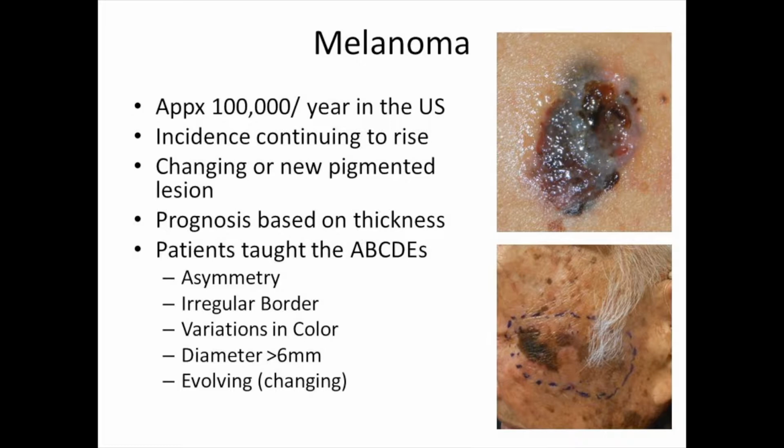And we teach our patients to look for changing or new pigmented lesions. The prognosis of these lesions really depends on how thick they are and how early we catch them. And so frequently in dermatology, we teach our patients what we call the ABCDEs of melanoma, although I like to tell patients these are the ABCDEs of any lesion you find on your skin that should be reviewed by a physician. And those include A for asymmetry,